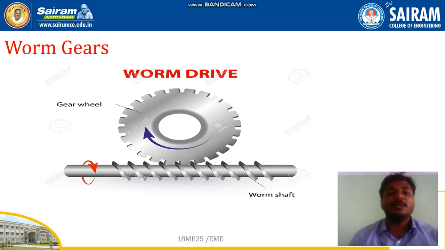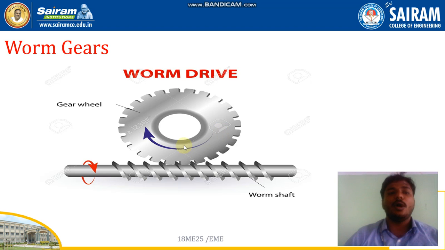This worm gear is mainly used to transmit power between two shafts at right angles, as you can see here. It acts as a screw gear also. We call this a screw gear as well. Whenever it rotates on the shaft, it continuously coincides with the shaft, which also has teeth, and whenever it drives and intersects between the two shafts, the other one starts rotating automatically. This has been connected to the shaft, and from that shaft it can transmit the power. So that is about the worm gears.